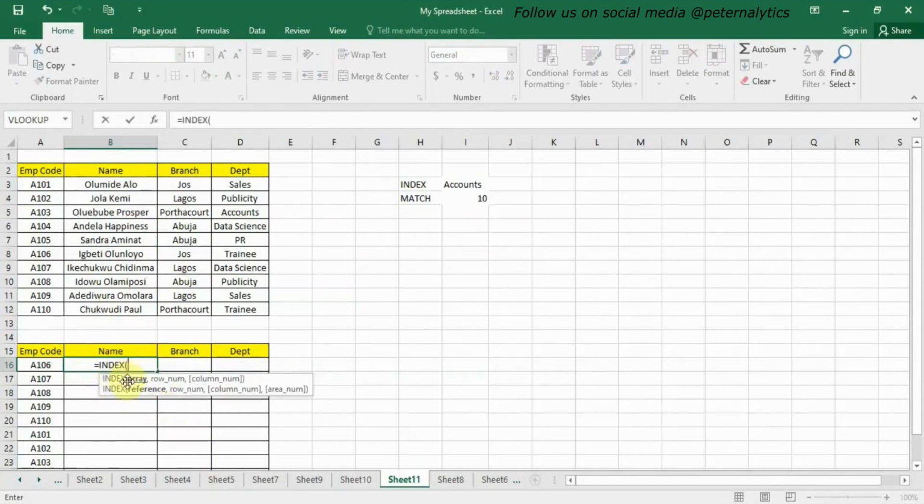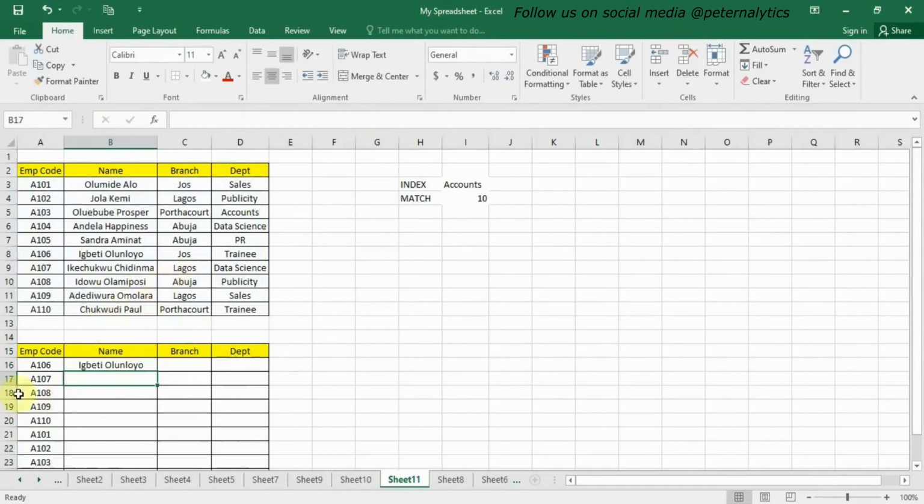So you see then our array, don't forget our array now, our data, then comma, row number. What will be our row number? So if you look at very well, A106, make we go check the row number where it is here. So 1, 2, 3, 4, 5, 6. So A106 they the 6th row for inside this table. So we go just enter 6. So our column number, so because in our name we define our column 1 be this and our column 2 be this, so we just enter column 2 and then close our bracket, and if you press is equal to,